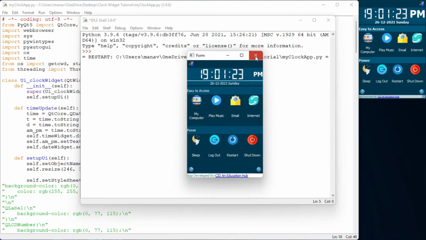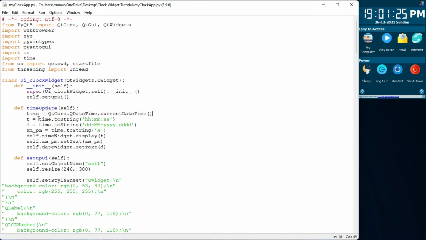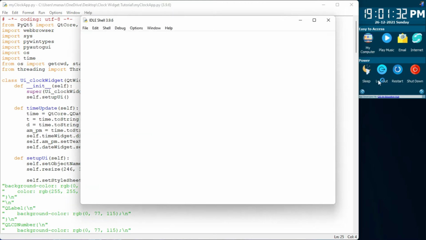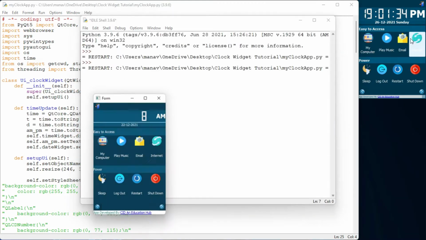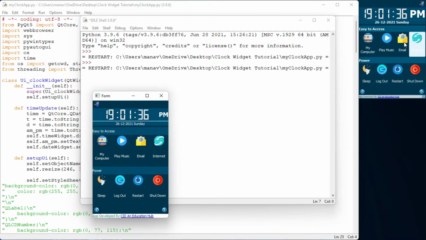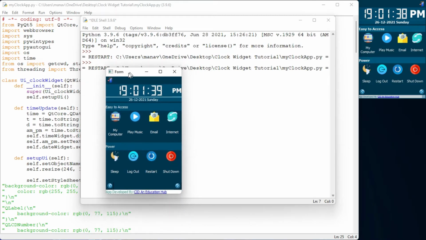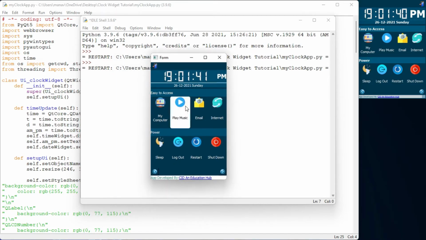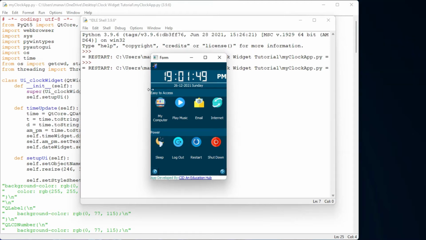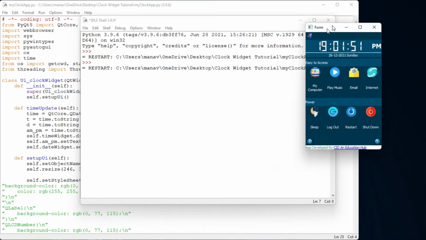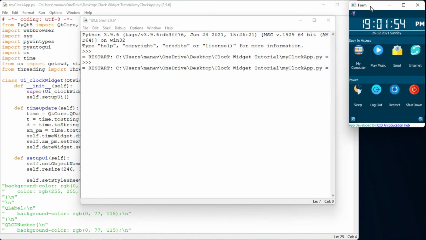So for that, I'll come to my code, and here first of all I want to show my GUI in the top right corner. As you can see, this is in the center of my window, but I want to place it like this in the top right corner. Let me close my previous application, so I can close it like this, and now this application should always open in the